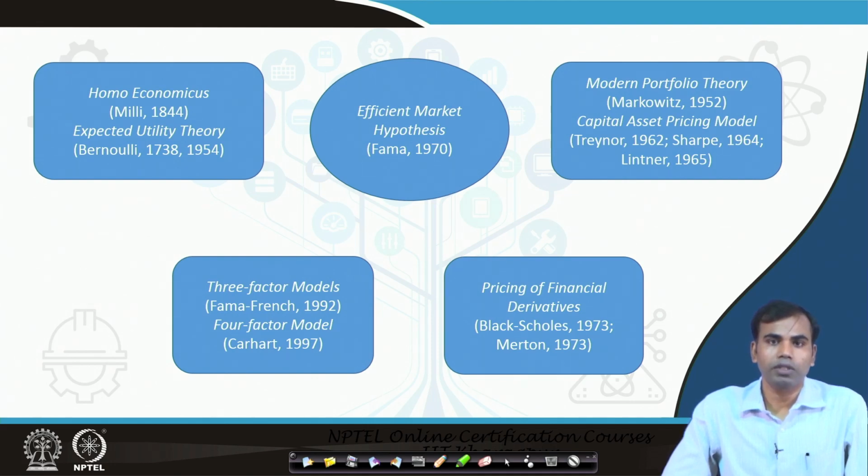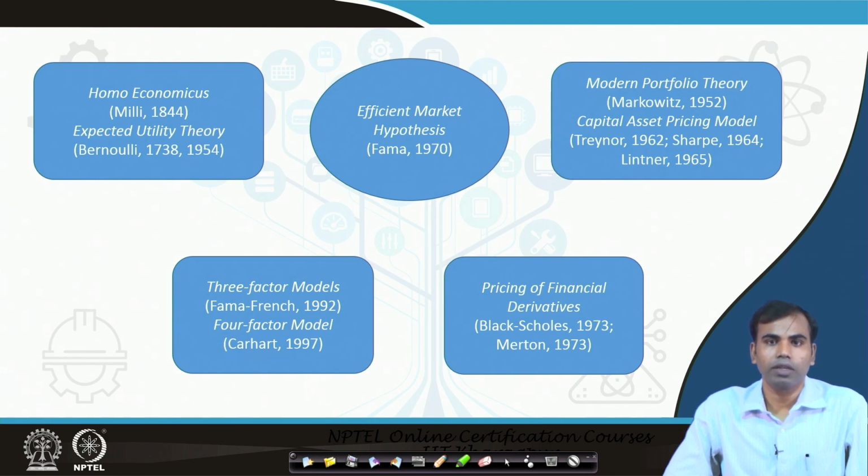Some of the examples include factor models, which consider several risk factors to determine the value of assets, and all these theories contribute to the development of the field of finance and finance